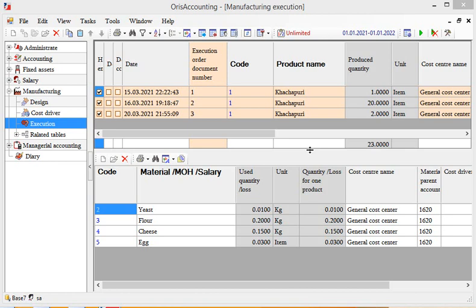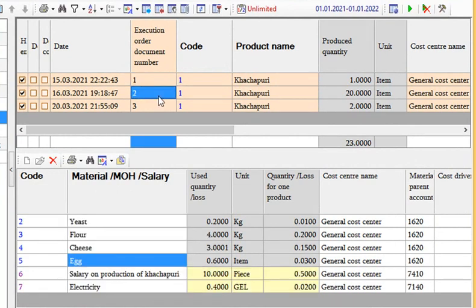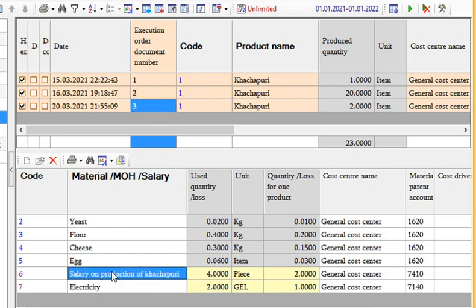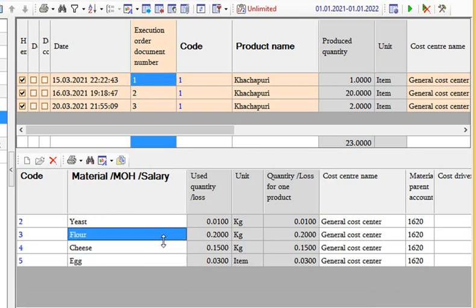Let's look at how you can make changes in already executed manufacturing accounting. For example, in this first manufacturing execution record, in the list of materials, manufacturing overhead and salary, we have only materials, unlike those other records where we have manufacturing overhead and salary as well. So we need to add those items here, but if we try to change some information, correct any of those fields, or add a new record,